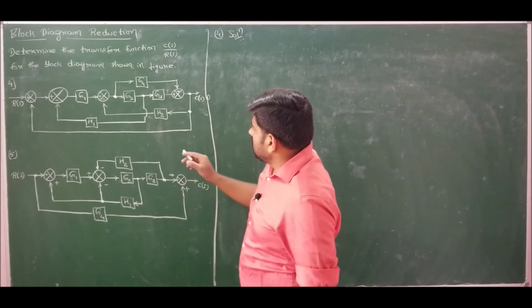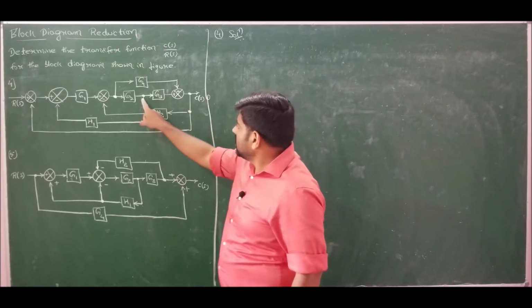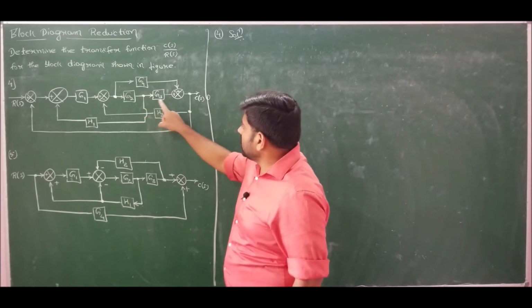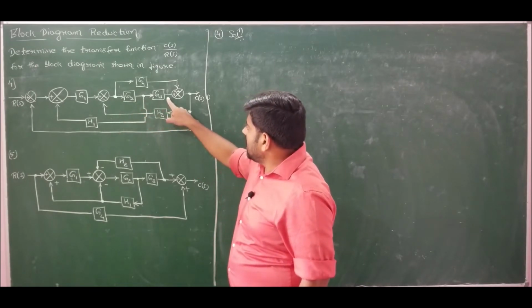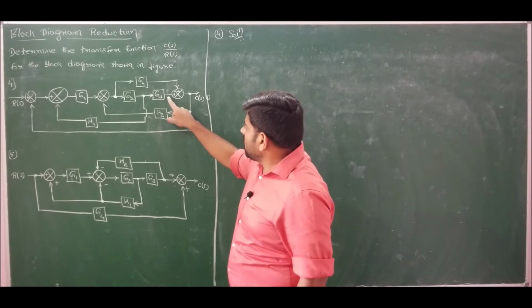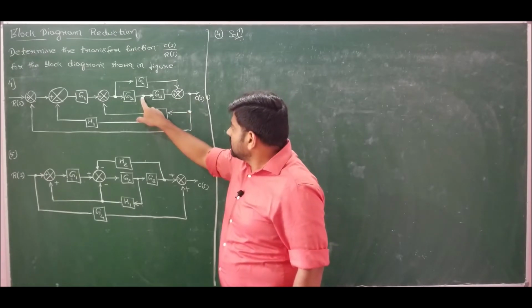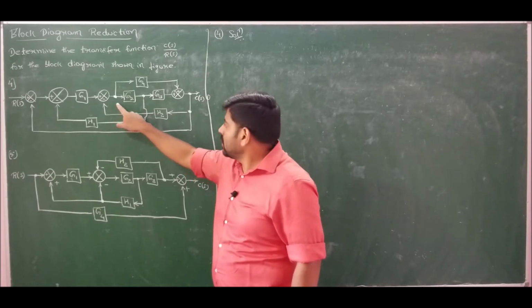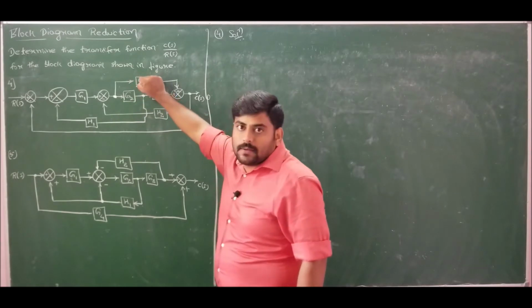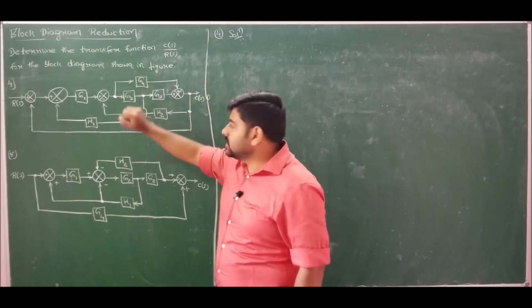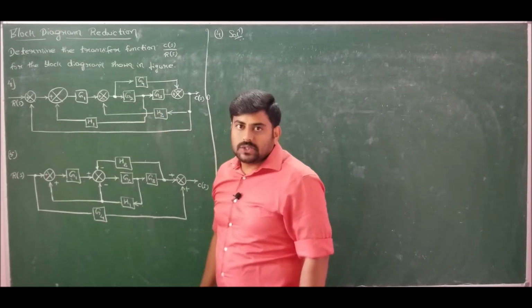And also, in order to solve this, from visual inspection it is clear that I should shift this takeoff point in front or behind, correct? If I shift this in front, then I will get locked between the takeoff point and summing point. So let me avoid that, and instead I will shift this takeoff point behind G2. That is a good move, because if I shift this takeoff point behind G2, I can interchange these two and this will be blocks in parallel, which can be solved. So I should shift this takeoff point behind G2 in step 1